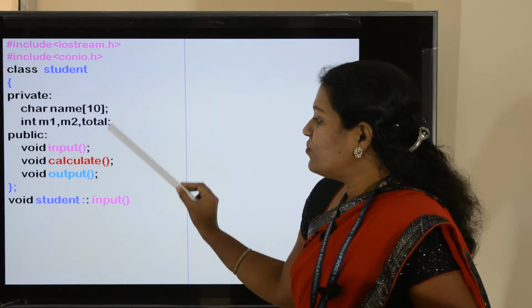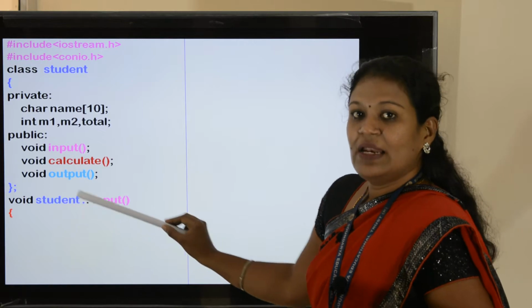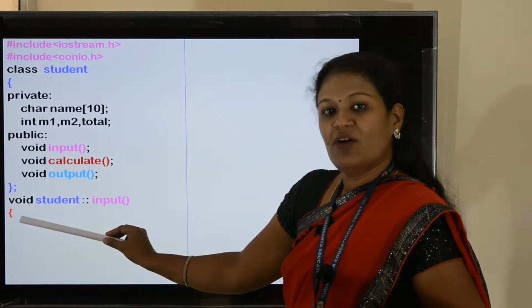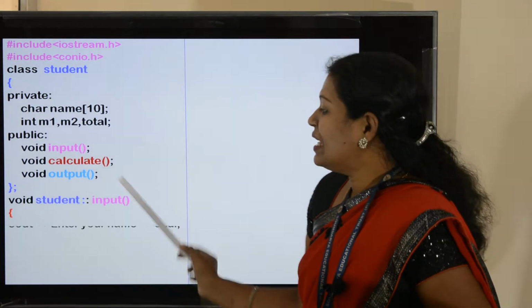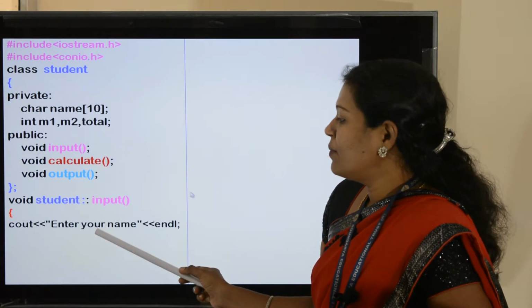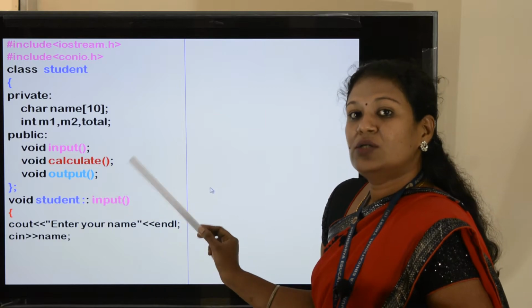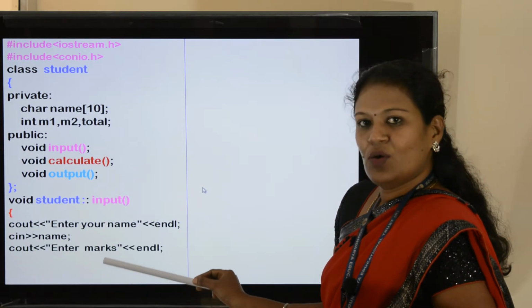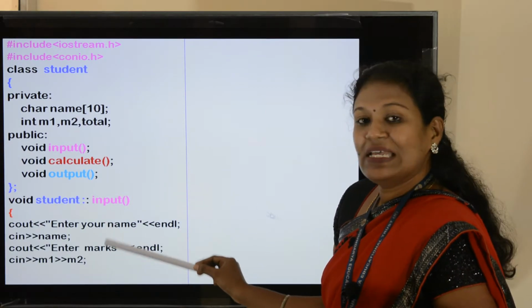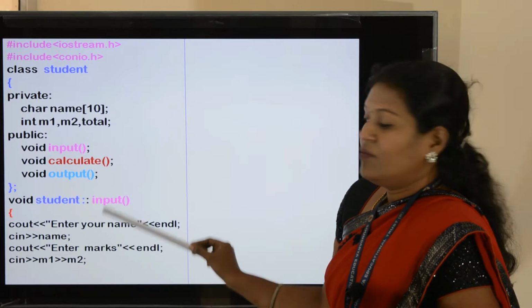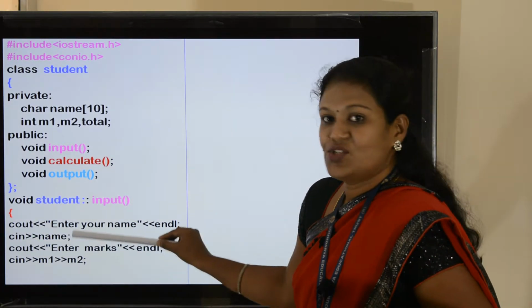Then we will move to the next one. Next we need to open the flower bracket. What are the inputs required in this program? We need to input the name of the student, then two subject marks. For inputting the name of the student we will be giving a cin statement.